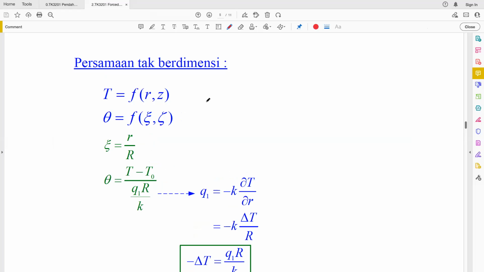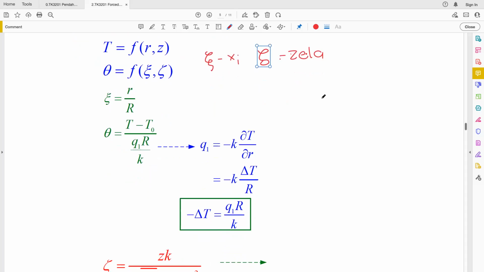Okay, so this one is C. Okay, and then this one is Earth. Or it would be Zeta. Okay,